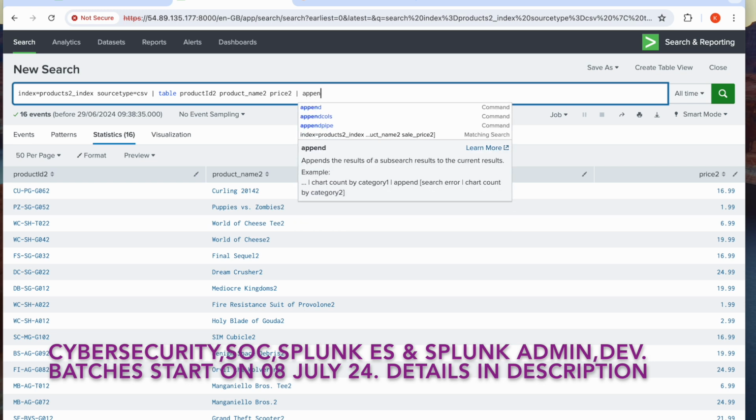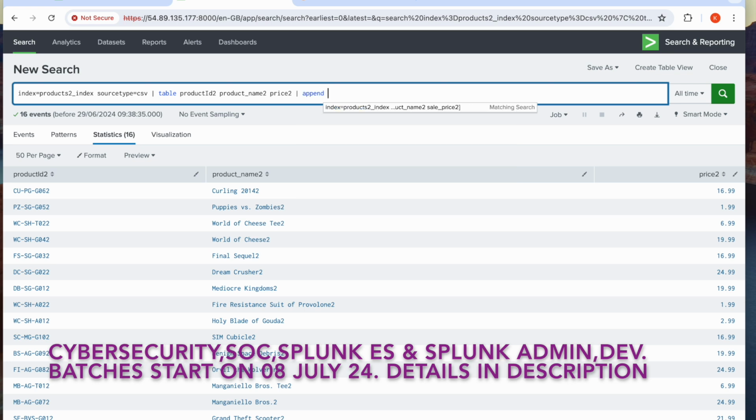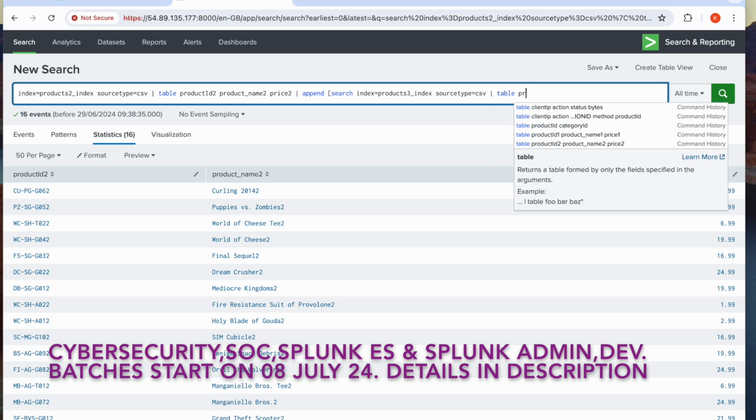If I use append over here, and I extend this one with the subsearch, search index equals products3_index sourcetype equals CSV, and then table product ID 2,